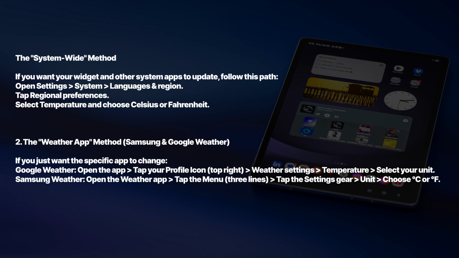If you're on a Pixel or another device, you could also change this through the regional settings on your tablet. I'll include the exact path here, so depending on your device, you can change it either in the weather app settings or in your main system settings. Each brand handles this slightly differently, and if you can't find it, you can always use the search